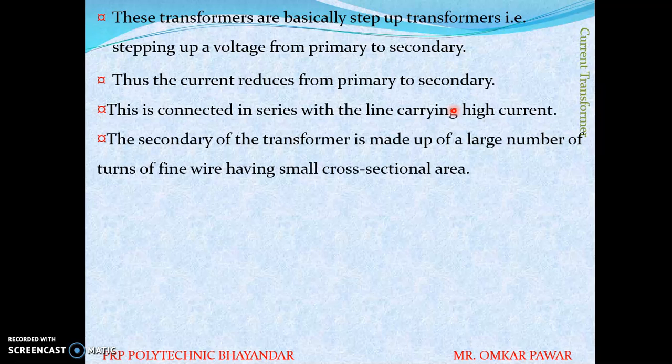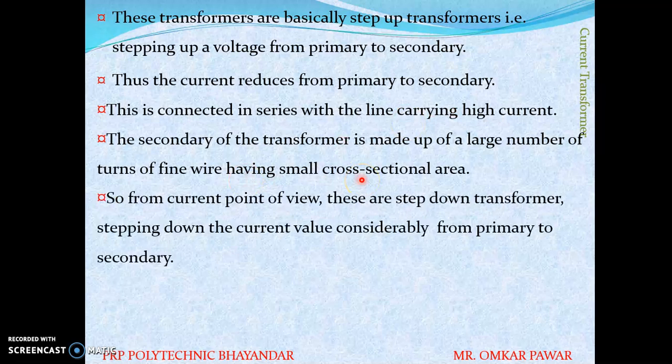The secondary of the transformer is made up of a large number of turns of fine wire, small cross-sectional area. So from the current point of view, these are step down transformers, stepping down the current value considerably from primary to secondary.